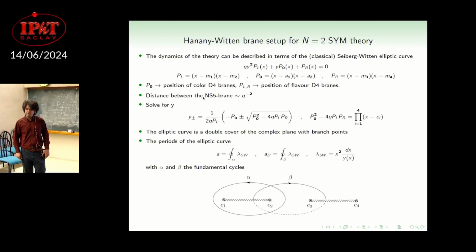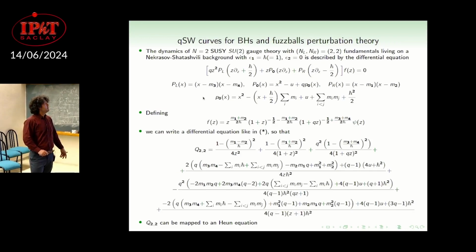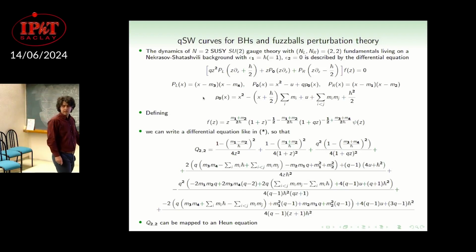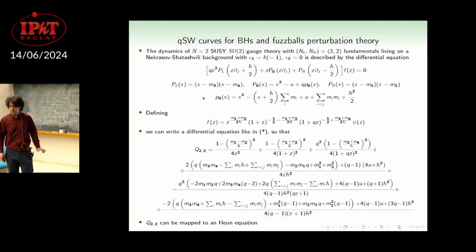And after this slide, you're describing the Seiberg-Witten curve quantum mechanically? Quantum mechanically, the relevant difference is that now the variables x and y are not simple variables but are operators. This is the only difference. This is what in the literature is called the Nekrasov-Shatashvili background, or the omega background.